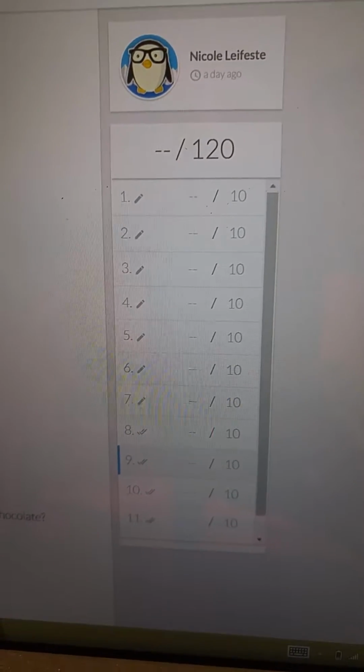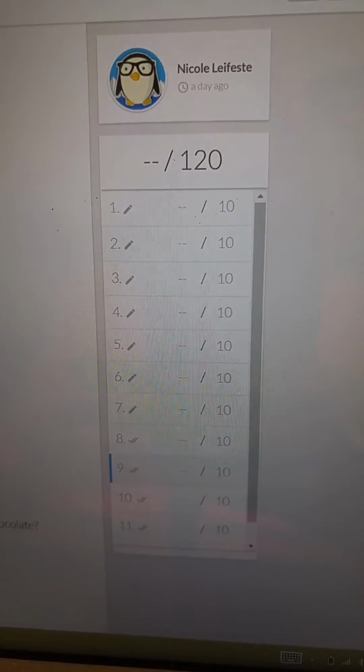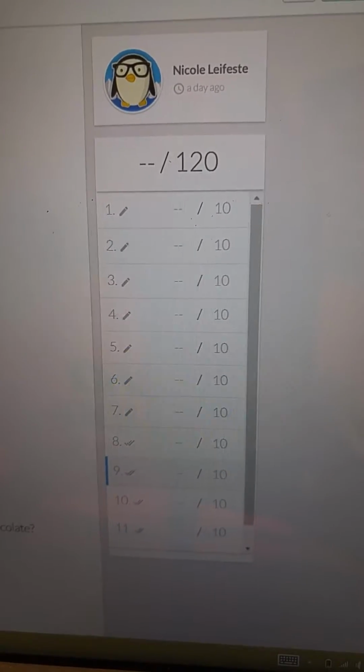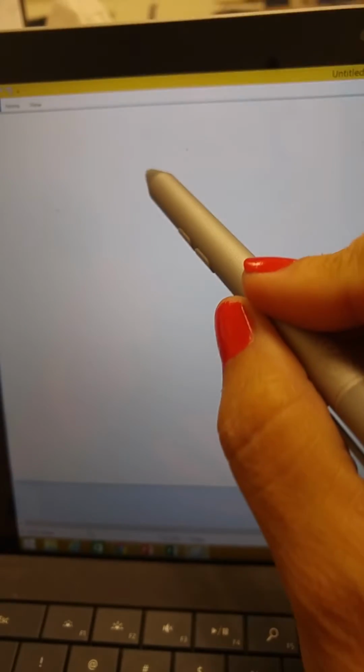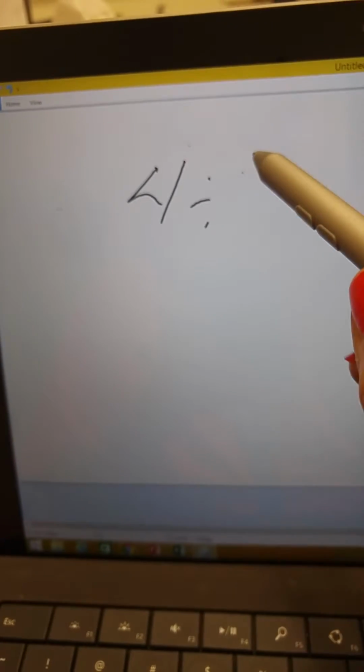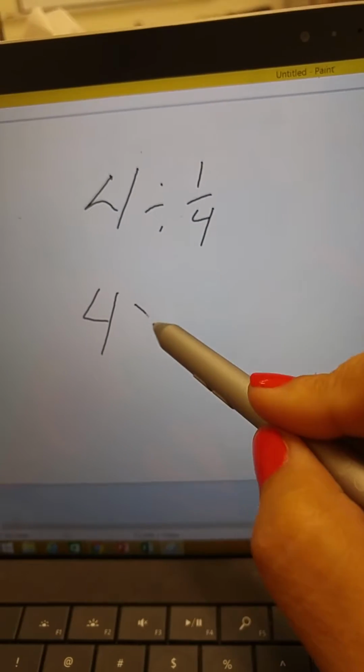The other thing that we talked about, and you might not remember, is what do you do when you are multiplying or dividing, I should say, fractions. So I'm going to start a new sheet right here for you, and we're going to look at fraction division. So when we're dividing a fraction, we say something like 4 divided by 1/4. You remember that in order to do this, we're going to keep the 4, but we're going to be multiplying times the reciprocal,